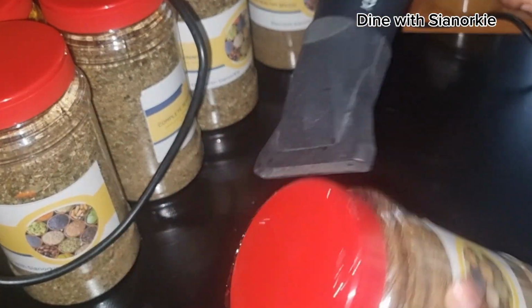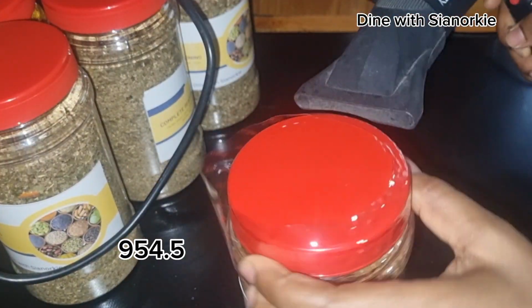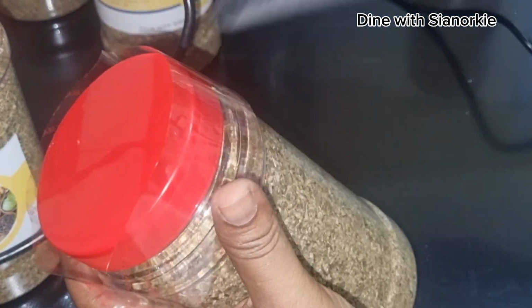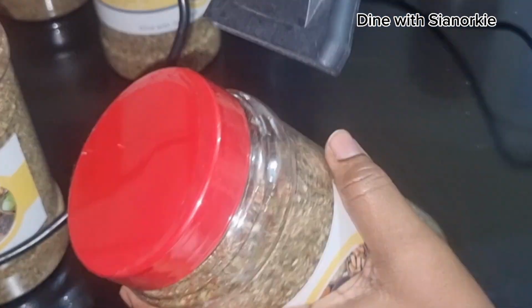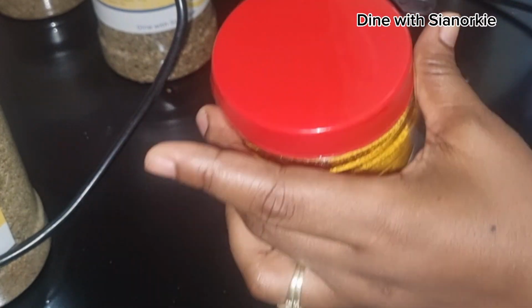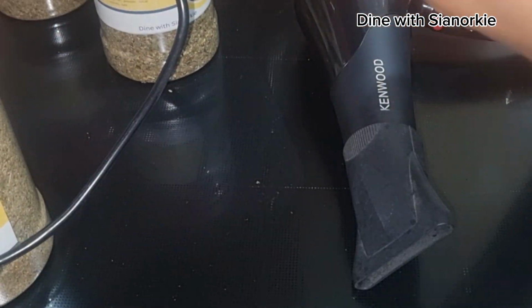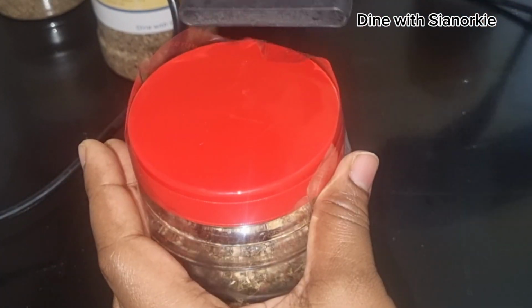So total amount is 954 cedis 50 pesewas, and these were for stuff I purchased. Okay, so it doesn't include transportation, it doesn't include workmanship if you had to charge for that one. So this is just an idea of how it costs, and if you had to price this, of course you have to add your workmanship and the time you spend to go to the market and all of that